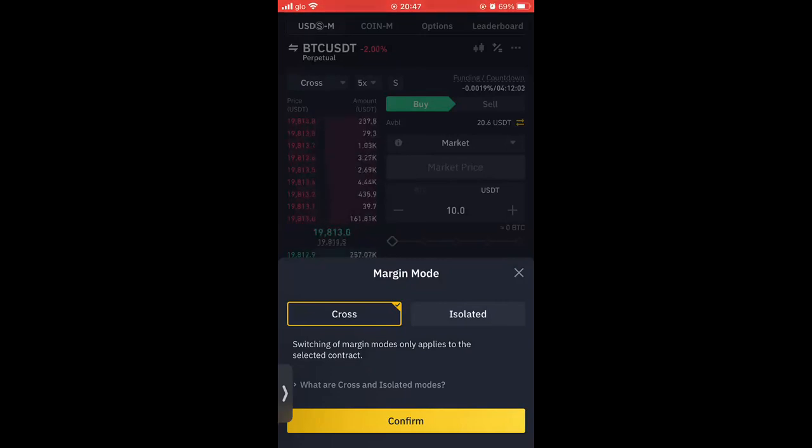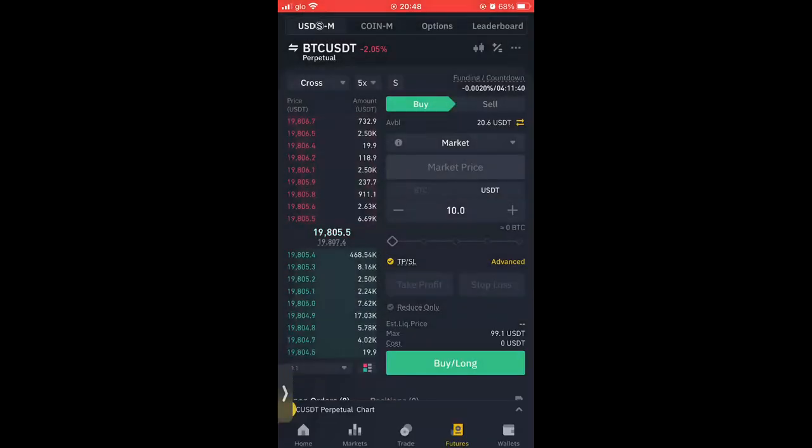But both have advantages and disadvantages, because even if you feel your account can carry a particular loss and you use cross, and the negative keeps growing, your entire account can get liquidated. You don't want to blow it like that. So if you want to protect part of it, just choose isolated. All right.